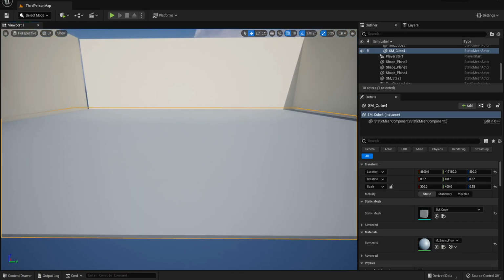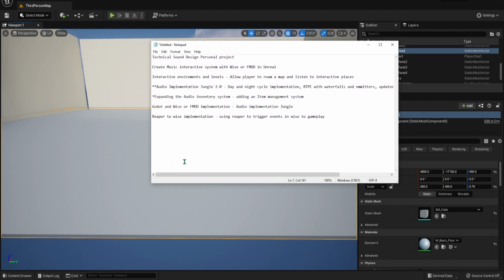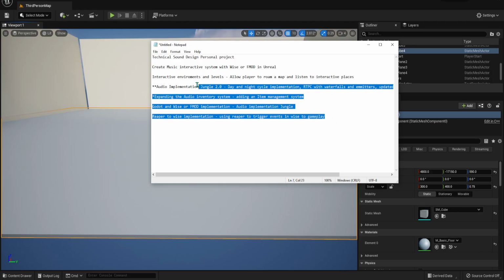Figure out the water thing later. I think it's a good stopping point for today. We had some pretty good notes that I made. I'll start with the audio implementation jungle first, and also expanding the audio inventory system. I think that's a good start for that.